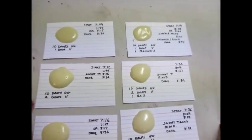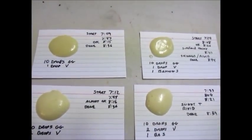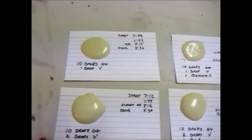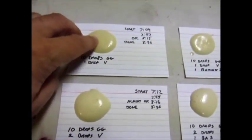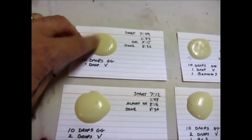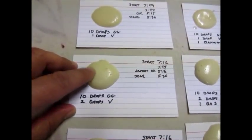So I ran some experiments. First off, as Gorilla Glue suggests, by adding moisture, you can actually mix a few drops of moisture into the Gorilla Glue. In this case, I used rice vinegar. Here's one drop for 10 drops of Gorilla Glue, 2 drops of vinegar for 10 drops of Gorilla Glue, and you can